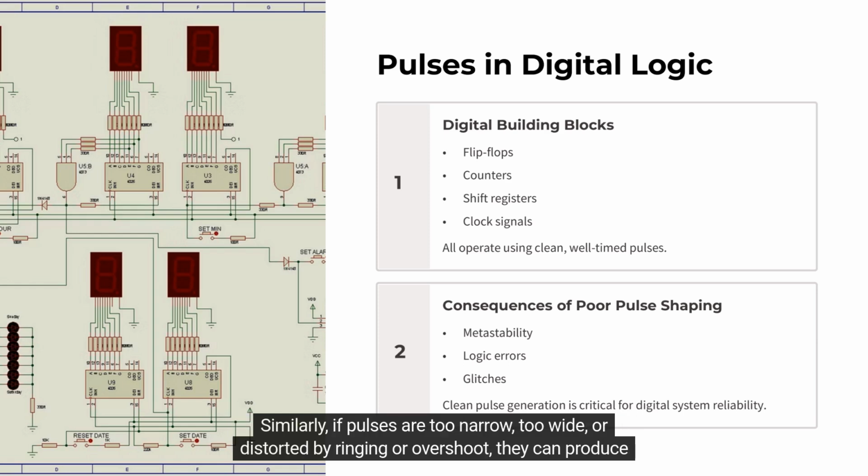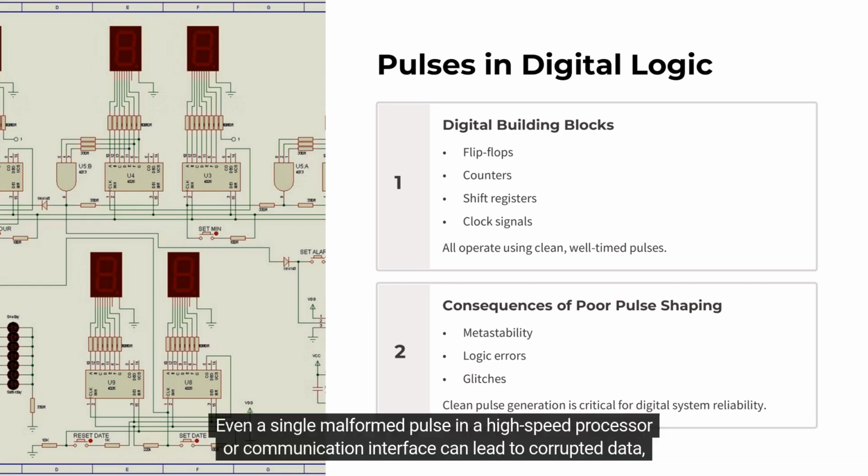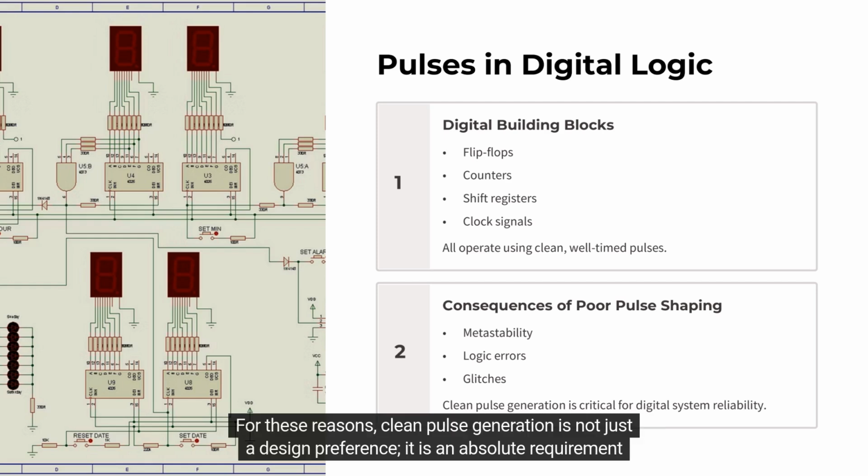This metastability can propagate through a system, causing random and unpredictable logic errors. Similarly, if pulses are too narrow, too wide, or distorted by ringing or overshoot, they can produce glitches, which are false triggering events that make counters skip counts or shift registers misalign data. Even a single malformed pulse in a high-speed processor or communication interface can lead to corrupted data, system crashes, or complete functional failure. For these reasons, clean pulse generation is not just a design preference, it is an absolute requirement